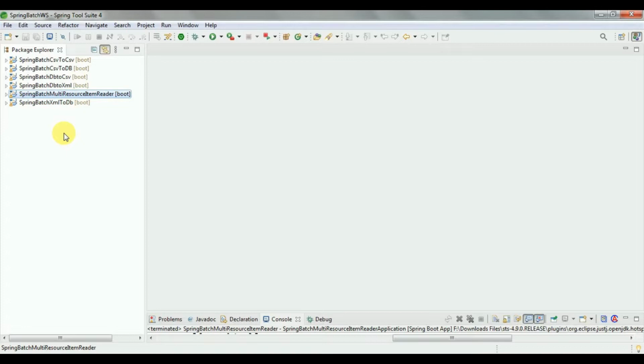In this tutorial I am going to explain how to read the data from multiple CSV files and how to write the same data into another CSV file. If you didn't watch my previous video on how to read the data from a CSV file and write the same data into another CSV file,